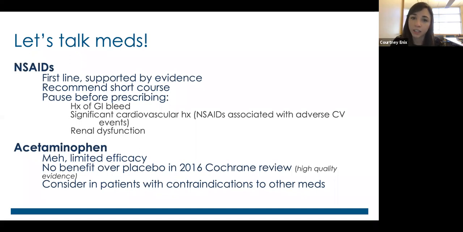And that was a big shift in the approach in how people were treating patients with acute low back pain. But I will consider it and reach for it in patients who have contraindications to other medications, right? If I have an 80-year-old who has stage 4 CKD and has 3 stents, I'm not recommending NSAIDs. I am recommending acetaminophen because that's an easy thing for me to recommend and pretty low harm, so long as people are staying below the recommended dosage in a 24-hour period.